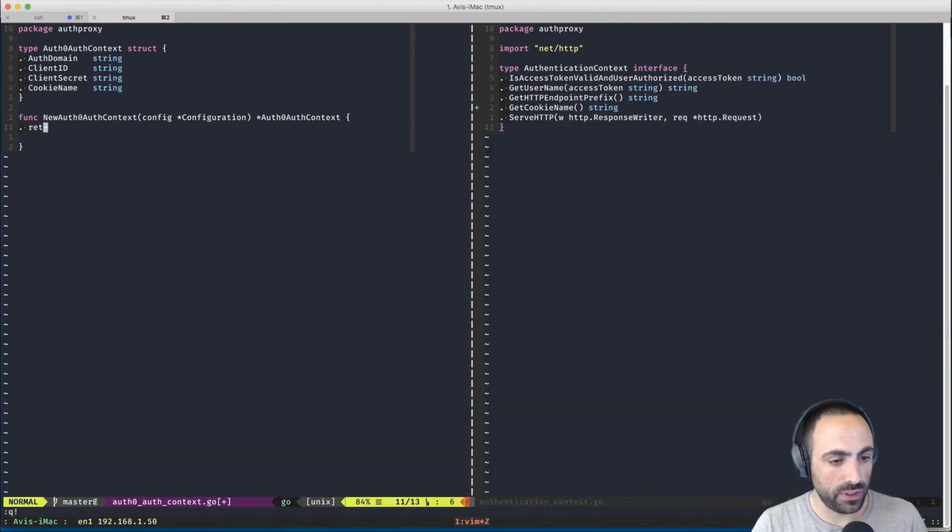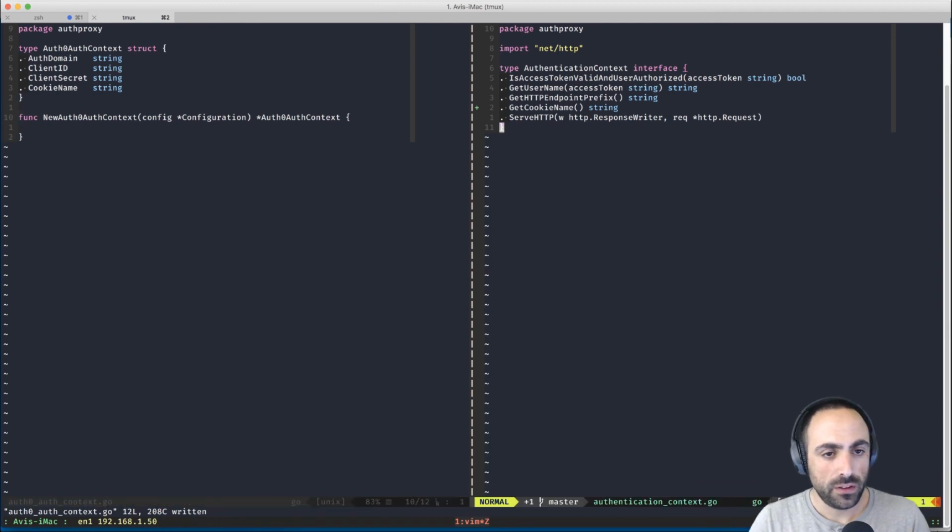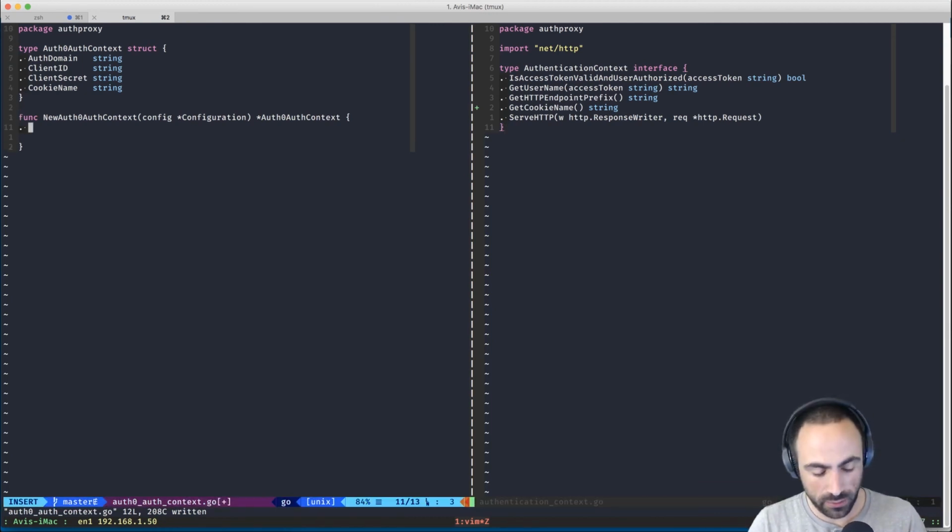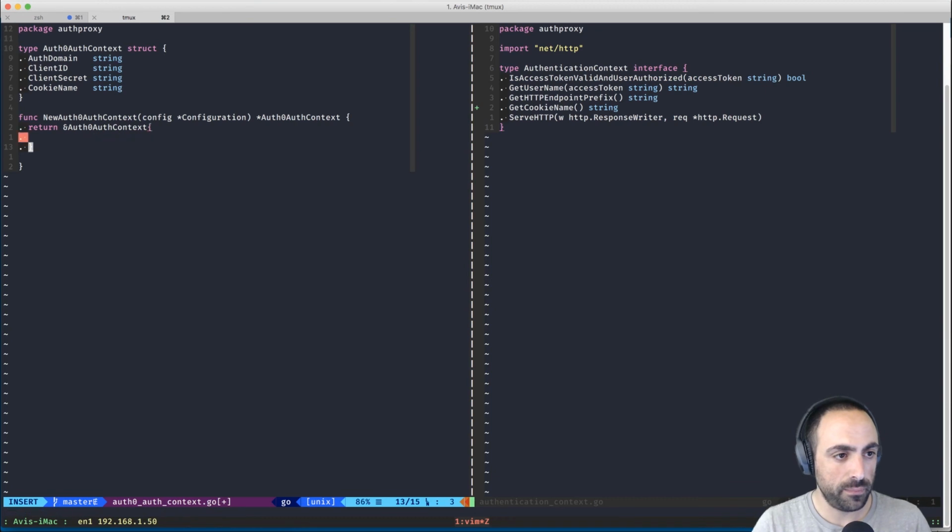So let's close the search bar. Awesome. Now we're cooking. Great. So if we go here, then we return the Auth0 authentication context. And here we are going to get the variables from env. All right. And then we're going to return this.